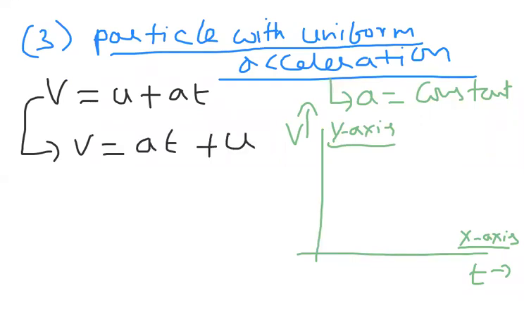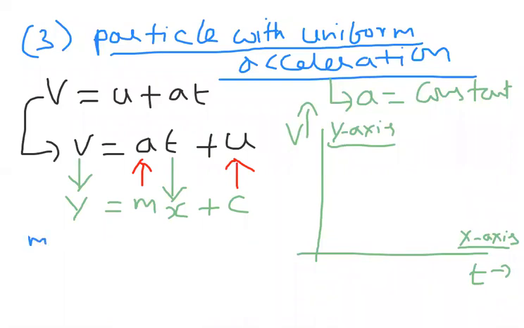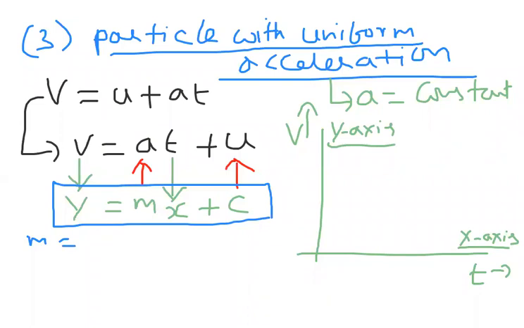Why did you change it like that, sir? Nothing special. I know that time is taken along the x-axis and velocity is taken on the y-axis. So I can write y equal to mx plus c. I can compare the above equation with y equal to mx plus c. Here, what is m in this straight line equation? I have taken y equal to mx plus c because this is a straight line equation. Now it's satisfied.